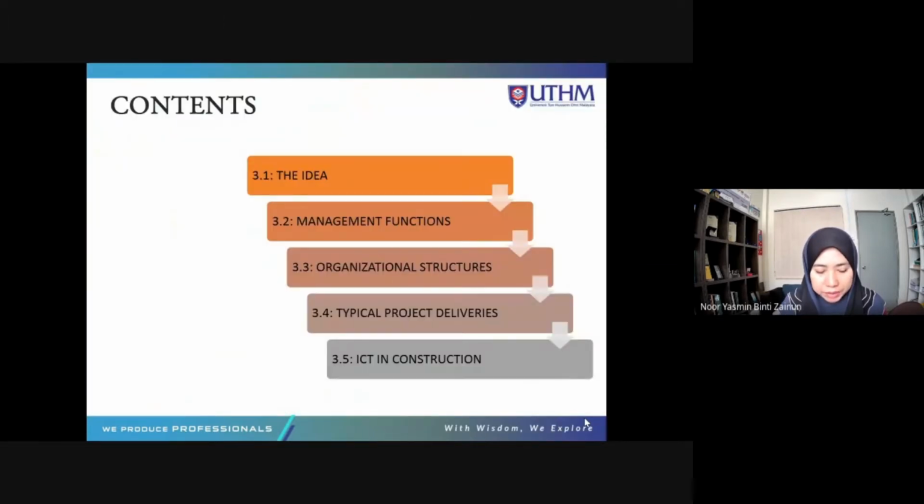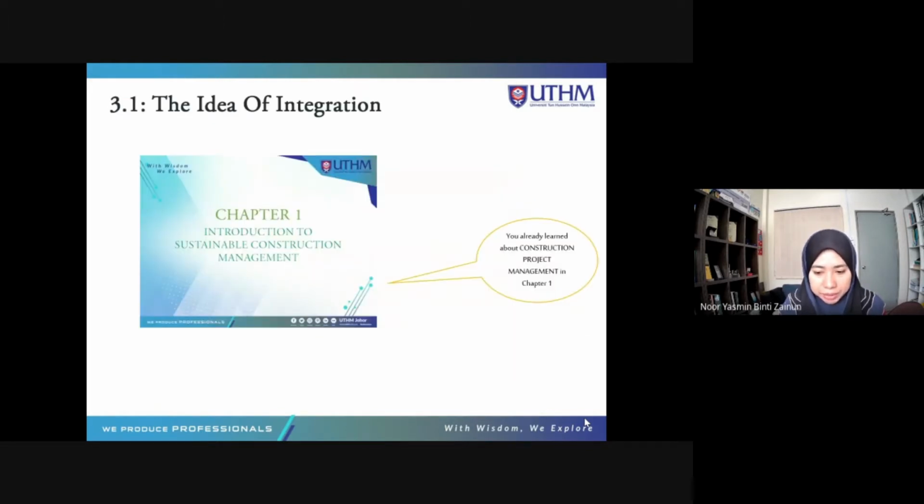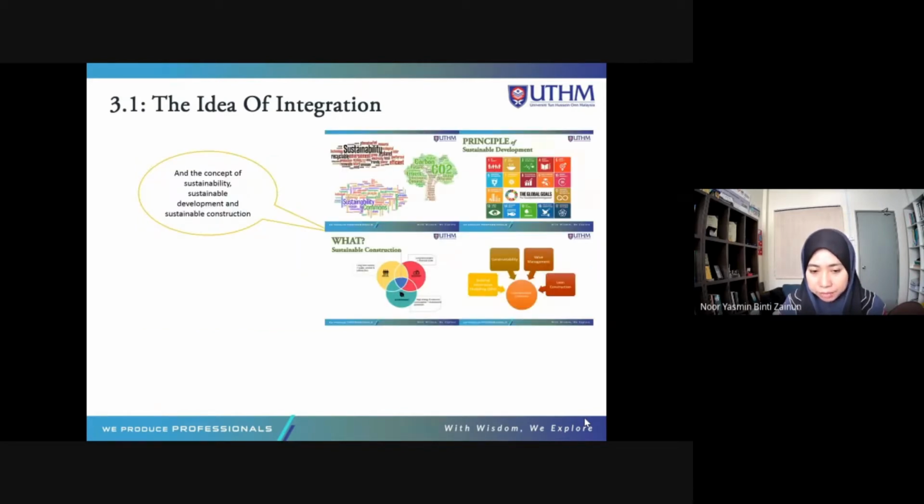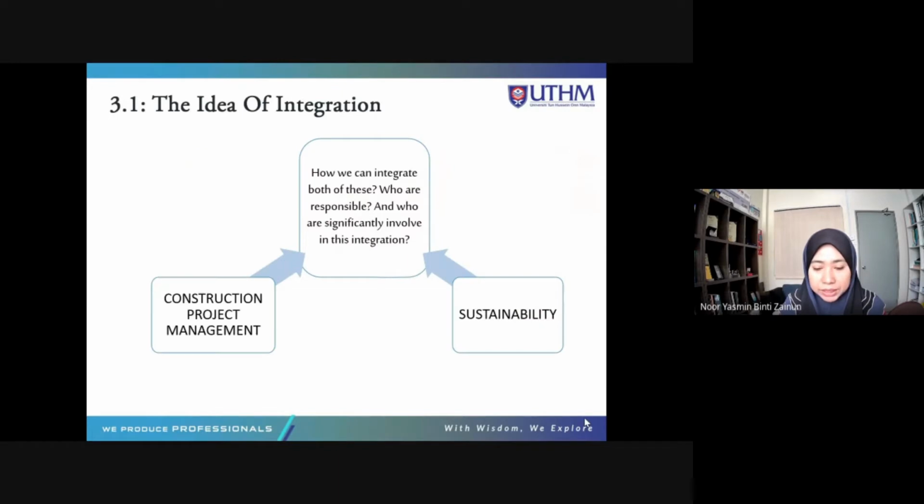The content of chapter 3 is the idea on the integration, the management functions, the organizational structures, typical project deliveries, ICT in construction. So in chapter 1, you already learned about the construction project management, okay? And then in chapter 2, the concept of sustainability, sustainable development and sustainable construction. So chapter 3, today we're going to learn on the integration, both the sustainability and also the construction project management. Okay, so who is involved in this, who is responsible in this, and who are significantly taking part in the